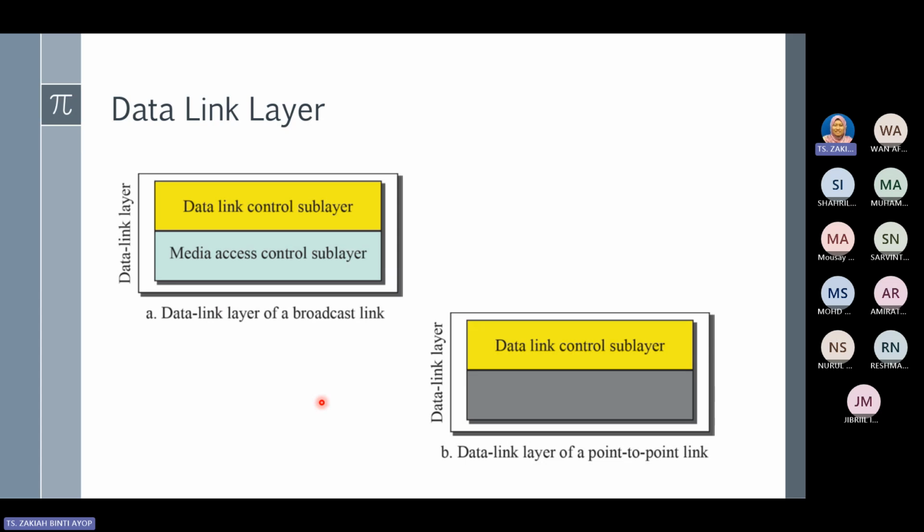Another major service, the first service that is needed, is framing. Framing means that the data link layer needs to encapsulate the datagram in a frame before sending it out to the next node. It is also responsible for flow control, where